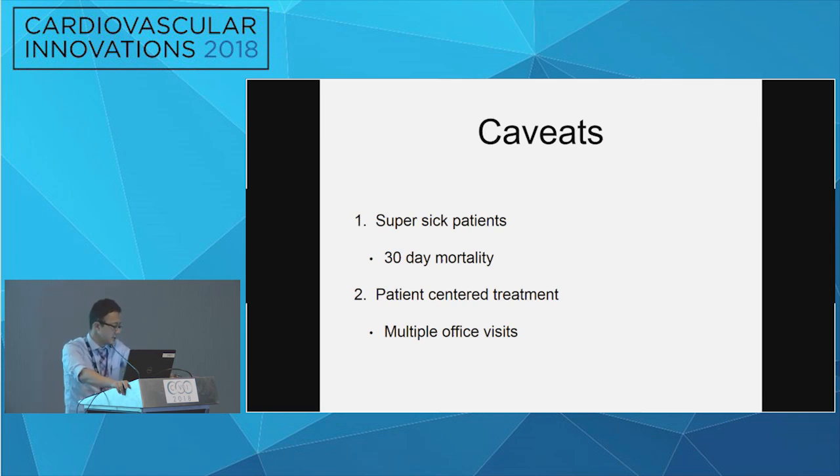Caveats to this: when you're looking at the super sick patients, you have to really look at the 30-day mortality. And obviously, below-the-knee amputation is not a benign procedure either. A lot of times the patient loses a lot of blood and requires transfusion, and the 30-day mortality is one of the highest in below-the-knee amputation. So make sure that you're not dealing with the super sick patients. For those patients, a lot of times what I do is a minimally invasive arthroscopic arthrodesis with an intramedullary nail, where I don't have to make any incision, just to try to salvage without